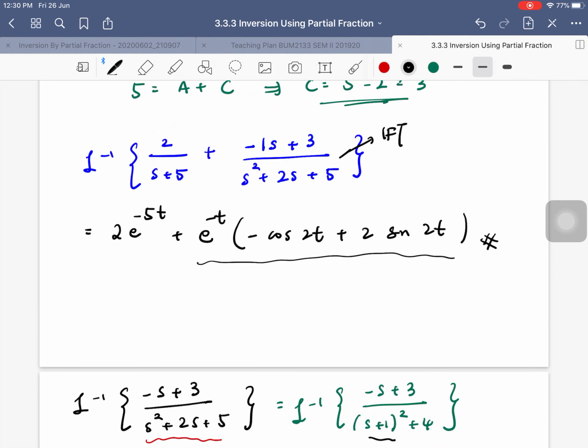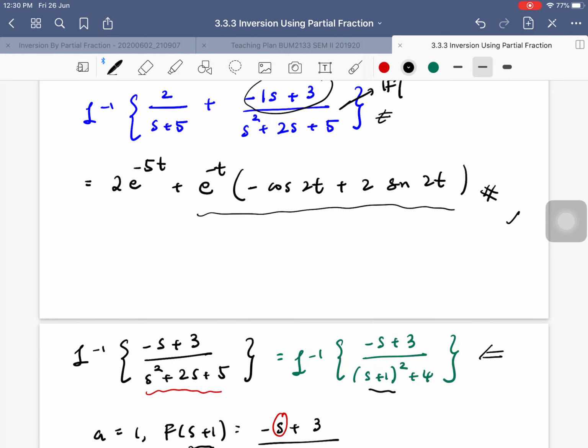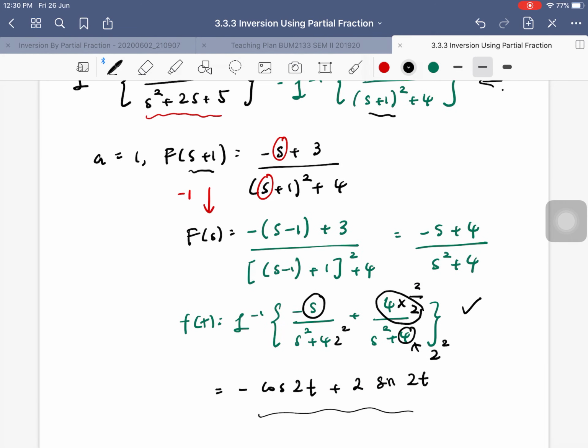Okay, so this is a very common thing in partial fraction that you're going to come across something like this. It is very common that when you do partial fraction at the end, there will be certain terms that have to be inverted by using first shift theorem. And please, I do not encourage you to right away over here separate this into two functions. No, because you will end up doing the inversion of first shift twice, and you don't want that. So simply put them together and do this calculation, and you will get both of the terms right away. It's better that way. Okay, so that's it for inversion using